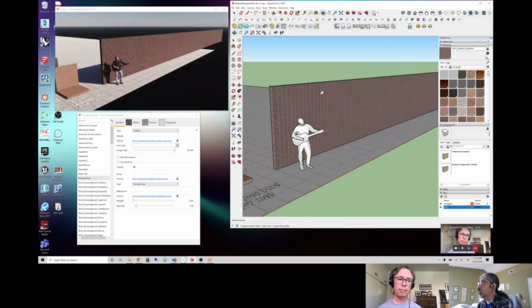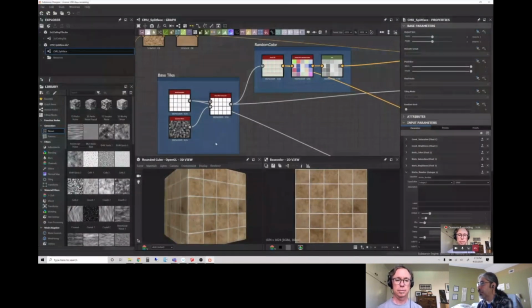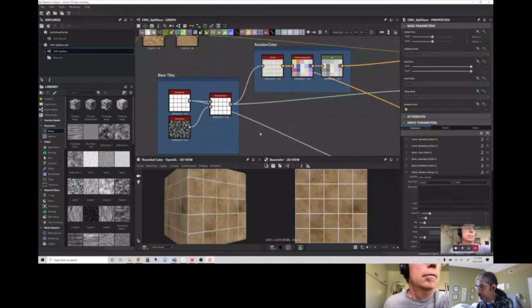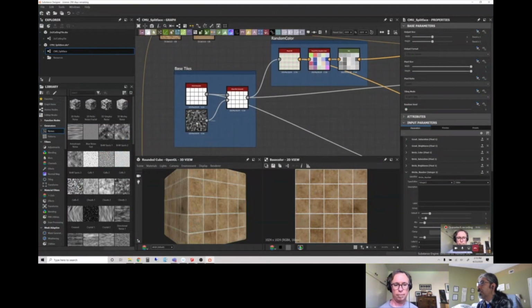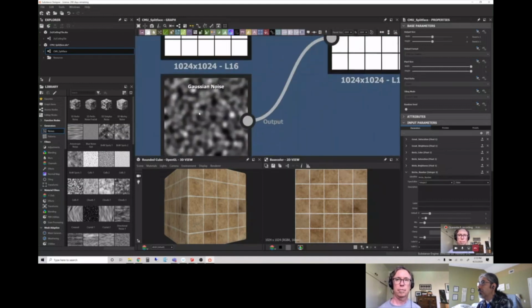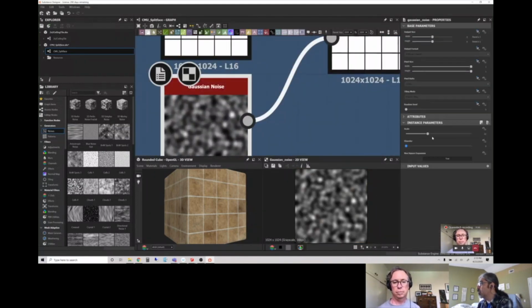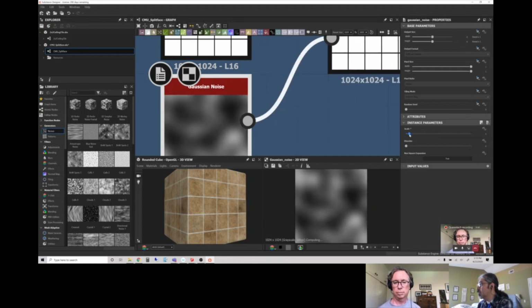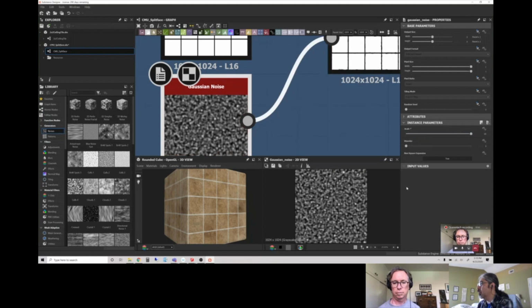That's one of the advantages of using a procedural software like Substance. The elements that I'm using here don't tile. They are infinite in size. I can go really close, or I can keep growing, and it will never repeat.